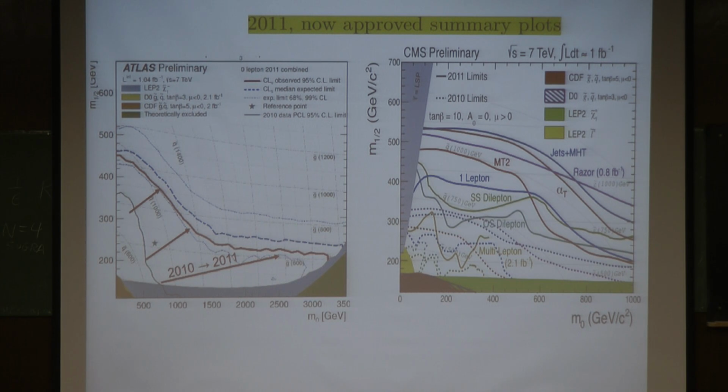And so I will leave it here and say that the game for SUSY at the LHC is only now starting, and that there is a lot of space and interpretations we have not done, a lot of signatures we have not looked at. With one inverse femtobarn, the result that I showed you today, we have gone 500 GeV over what the Tevatron has done with 20 inverse femtobarn. So I'm going to leave it here and take questions.